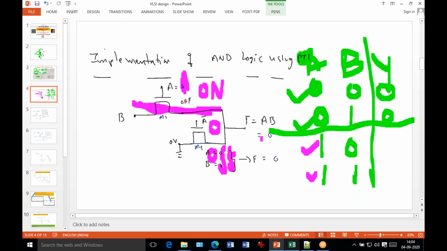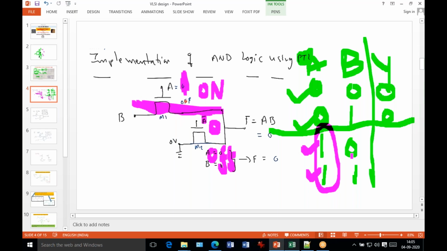Yeah, please understand this one. This is very important. If the A input is 1, this is 1, this is 1. Okay, so these two combinations that you see here. If this is 1, this is 0, automatically it is 0 because this is the A bar signal. So now this transistor is on and this is off. Okay, so this is off. So now this connection is connected here. This input is connected here.